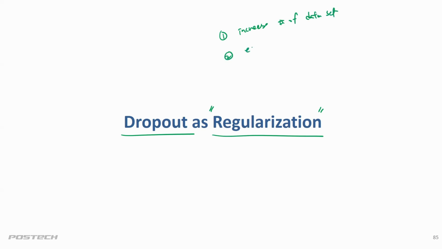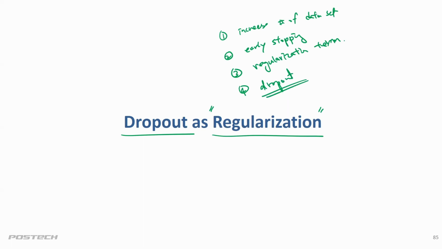And probably, I think it was early stopping, or add a regularization term in your objective functions. And the last one was dropout, but I didn't explain it at that moment, because